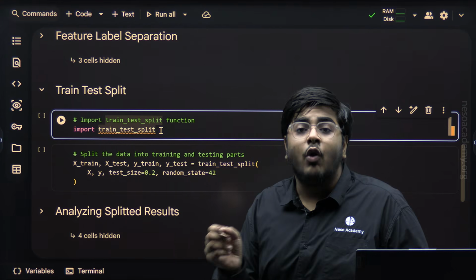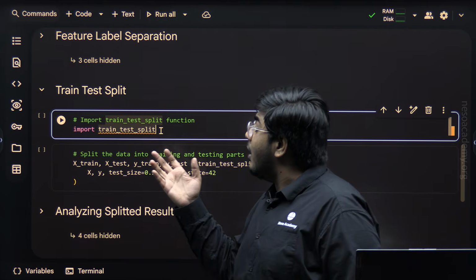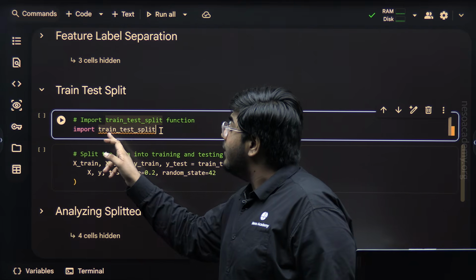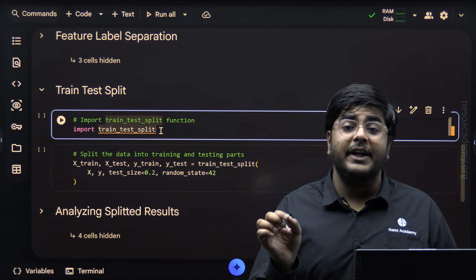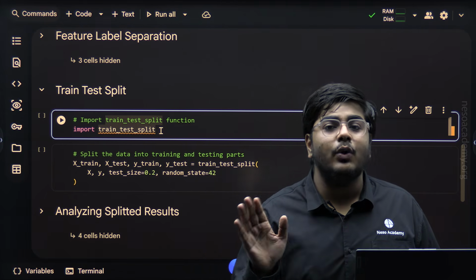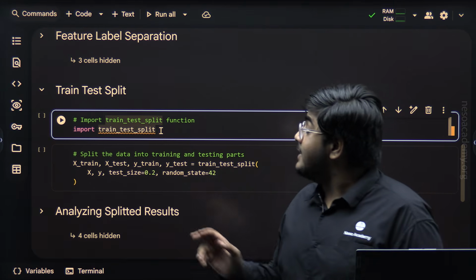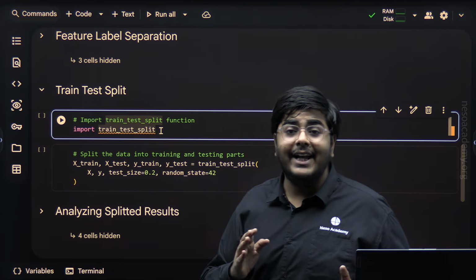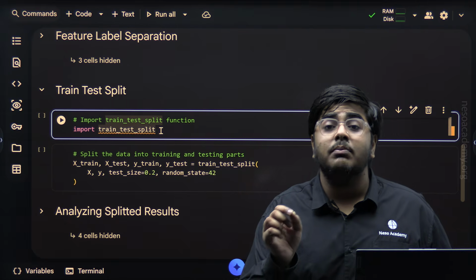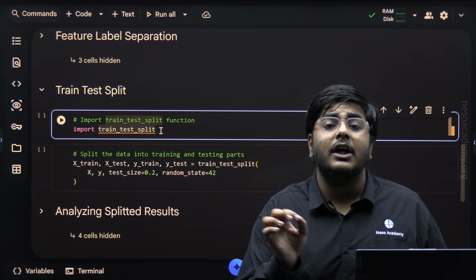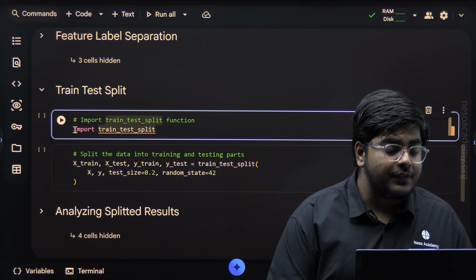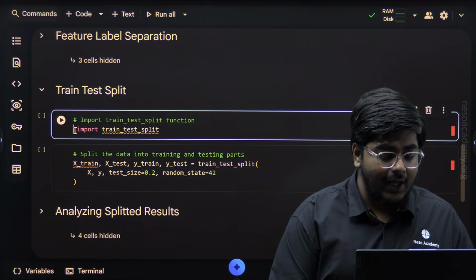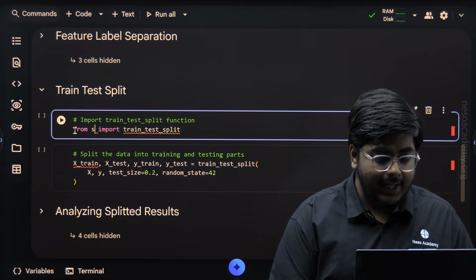Yellow line means warning. Why are we getting a warning when we try to import the train_test_split function? Because train_test_split is not a standalone function in Python. It is actually a function contained in the model_selection module of the scikit-learn library. That is why before importing this function, we need to write from